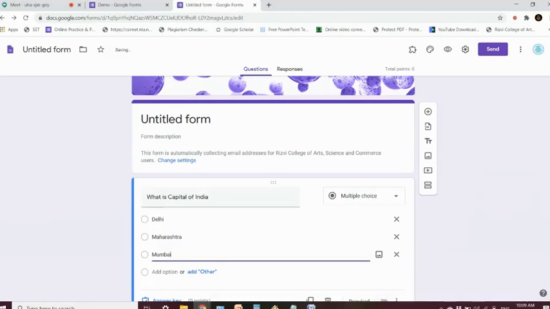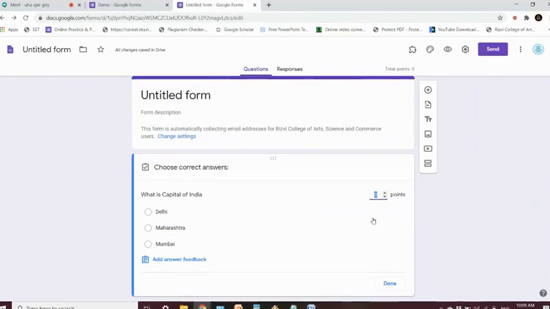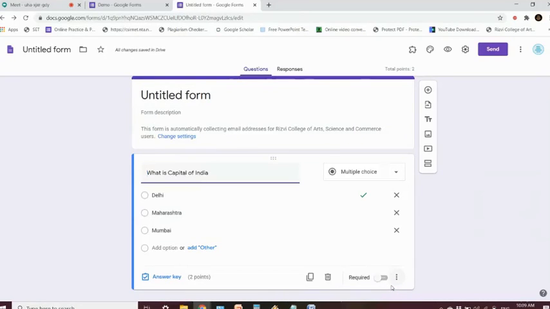Now the correct answer for this question, as we all know, is Delhi. And how many points do you want to give for your question? For example, I want to give 2. So automatically the student who has responded with this answer will get 2 marks for it.